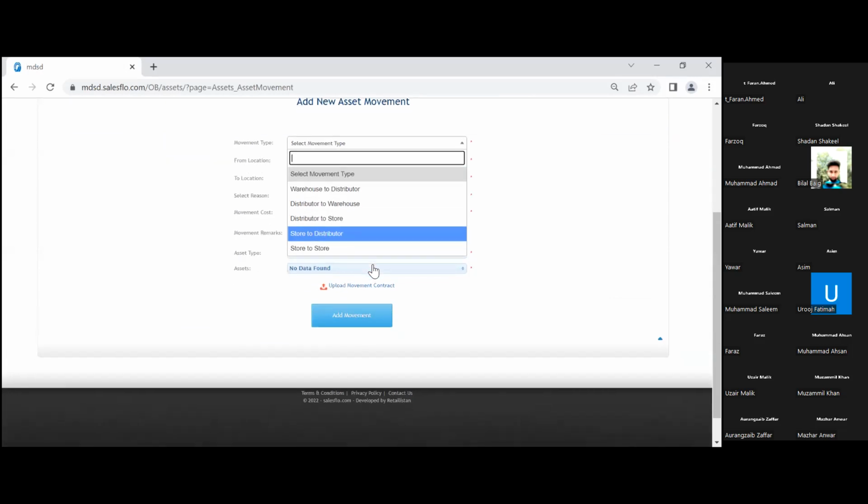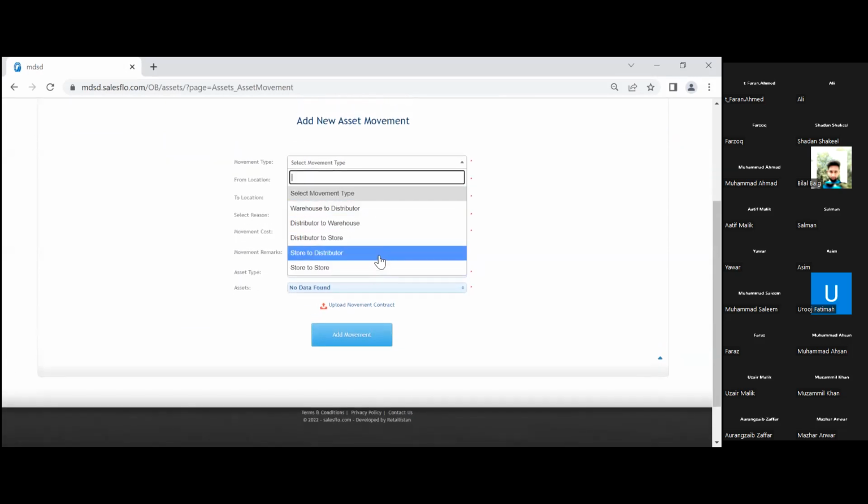I'll be shown all the other movements in the dropdown except for warehouse to warehouse, right? Because I don't have the access to raise this particular movement. Right now, in terms of how the movement itself works, let's say I do have the right to raise warehouse